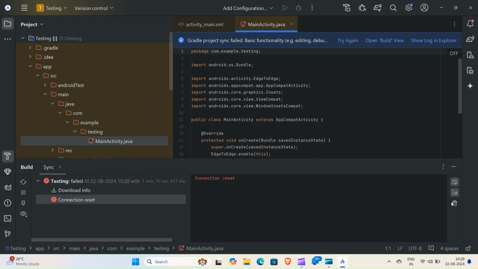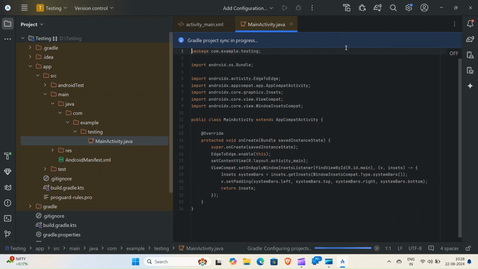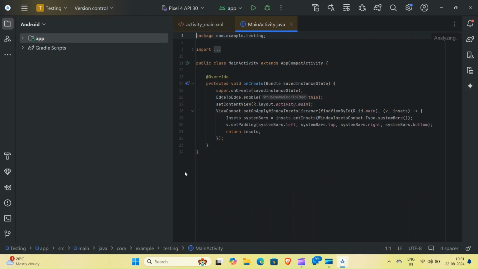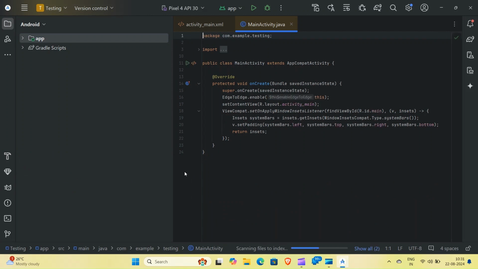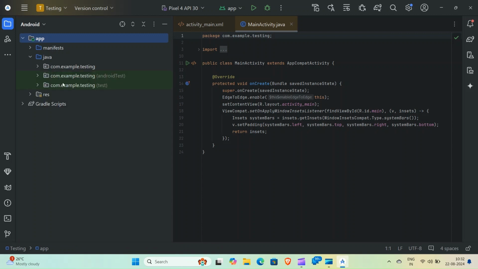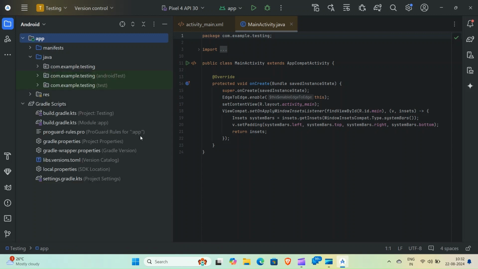As we can see, the connection is reset, so we will try again for Gradle build. After checking all the files,